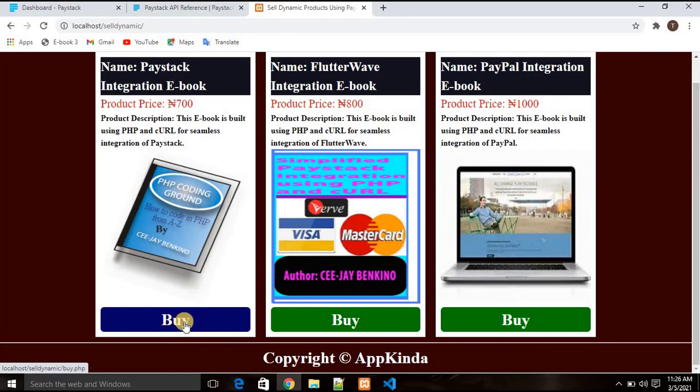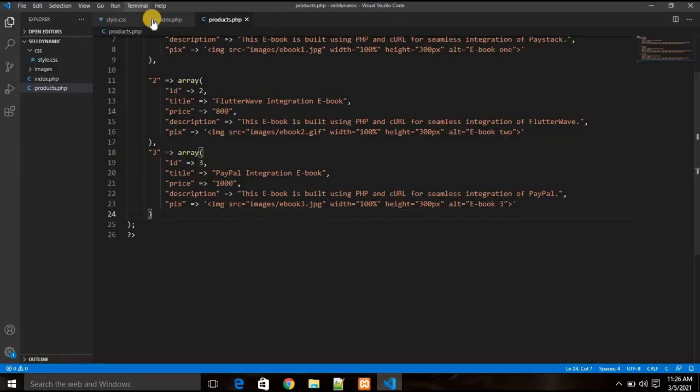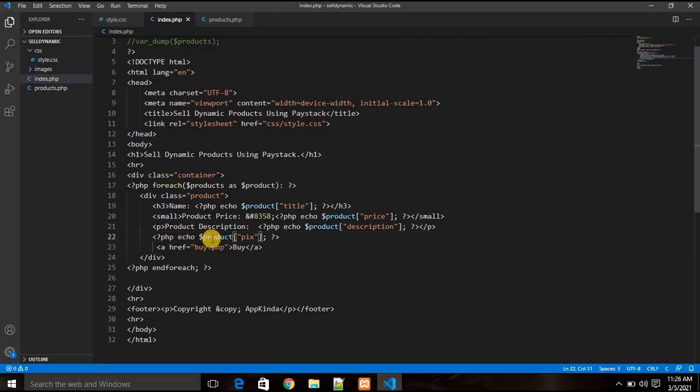I'm going to add the ID of this product to the URL, because if you look down here, each time I hover on that, they're just displaying the same thing, but I want to be able to show the ID of that product, and that's basically how it also works if you are using a database. So what I'm going to do right now is to go to the index page, and I'm going to go ahead and transform this. So I'm going to add a variable right here, and let's go ahead and set the variable to be equal to something like a product. So I'm going to just say product,